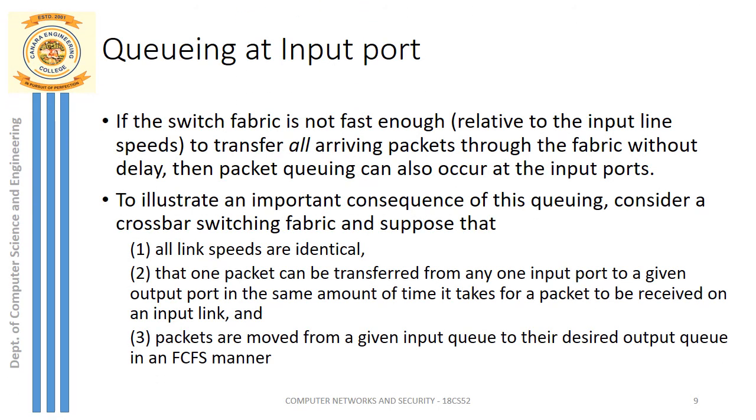Now we will see some of the aspects of queuing at input port. We know that if the switching fabric is not fast enough to transfer all the arriving packets through the fabric without delay, then packet queuing can also occur at the input port. To understand this, we will consider a crossbar switch fabric, and we consider that all the link speeds are identical